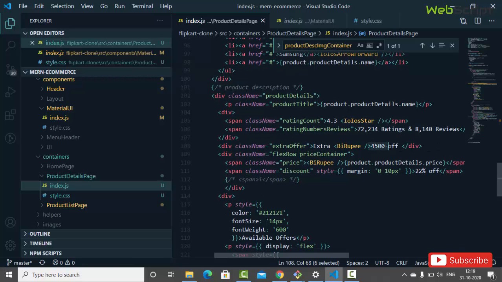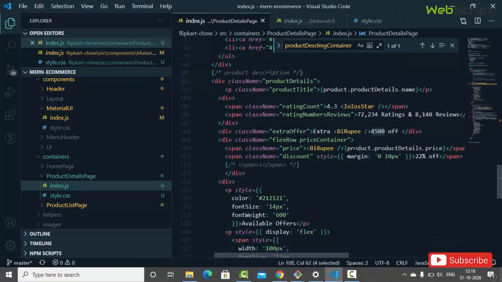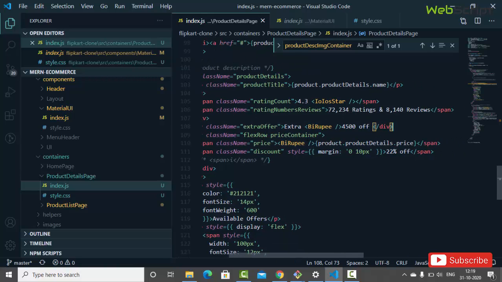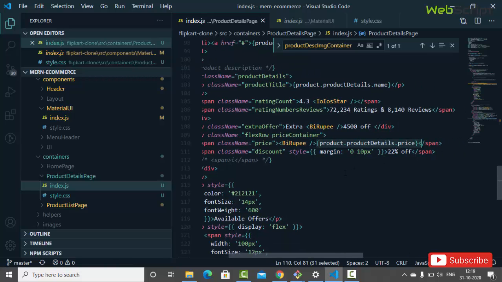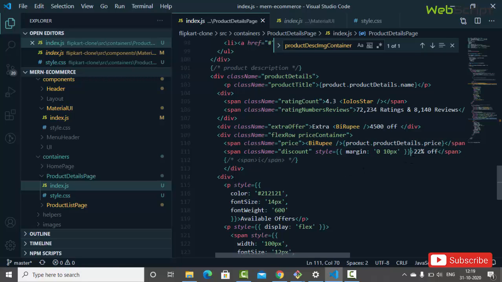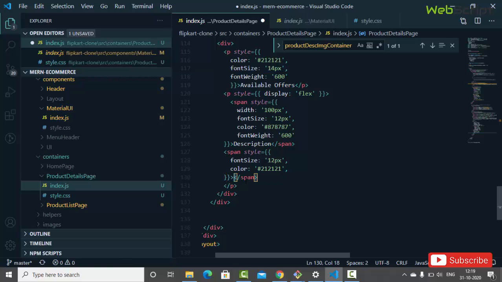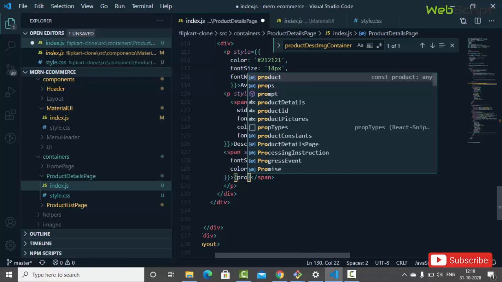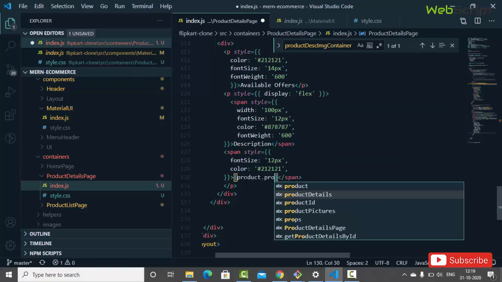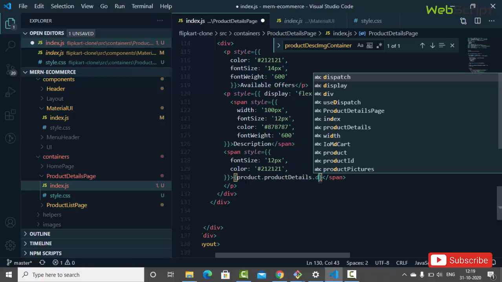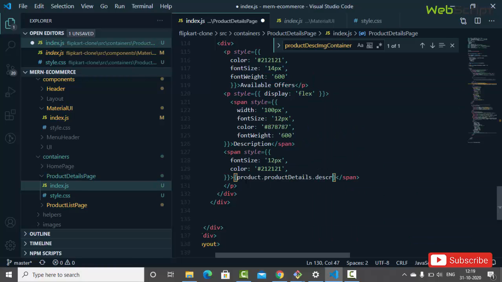And then we have some discounts. We have not added any property related to the discounts, so that is also the hard coded part. And here we have the price that is dynamic, and 22% off is again the static code. Next we have available offers. I have added some rough CSS. Then we have a description, and here we'll add the description. We'll say product dot product details dot description,